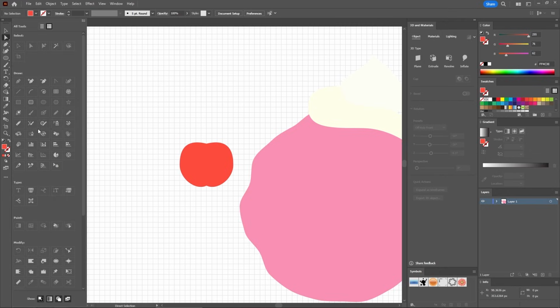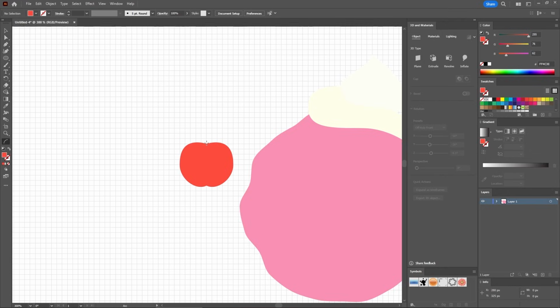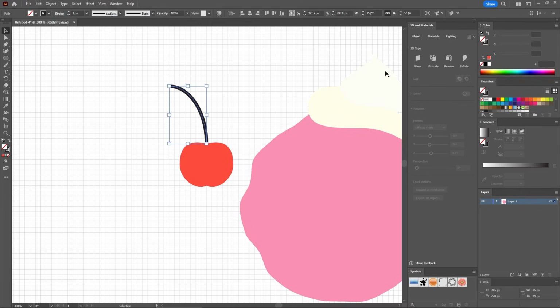Continue with the arc tool. Use it to create a 35 by 55 pixels arc. Let's select just this path. Set the stroke weight to 3 pixels and then select the stroke so that you can replace this color with